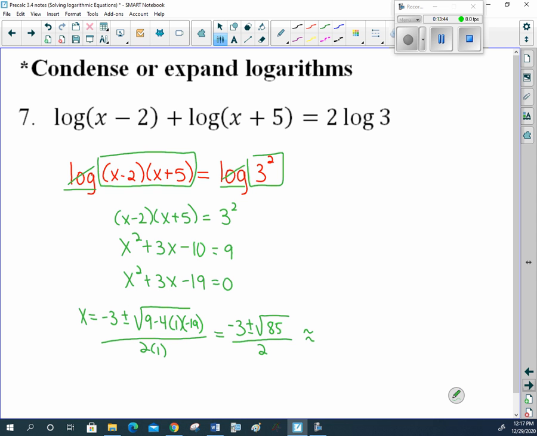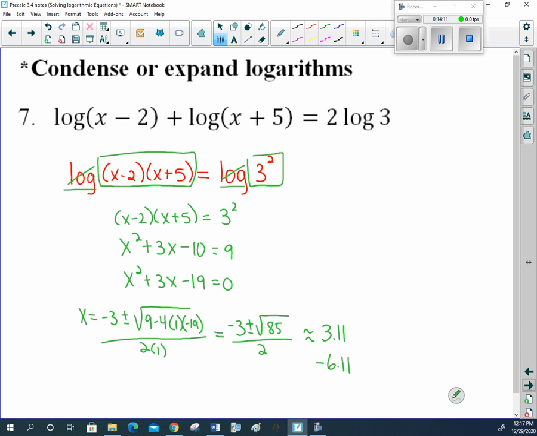That as a decimal is about 3.11. Okay, and now I'm going to do the subtract. So negative 3 minus the square root of 85 divided by 2, and that as a decimal is about negative